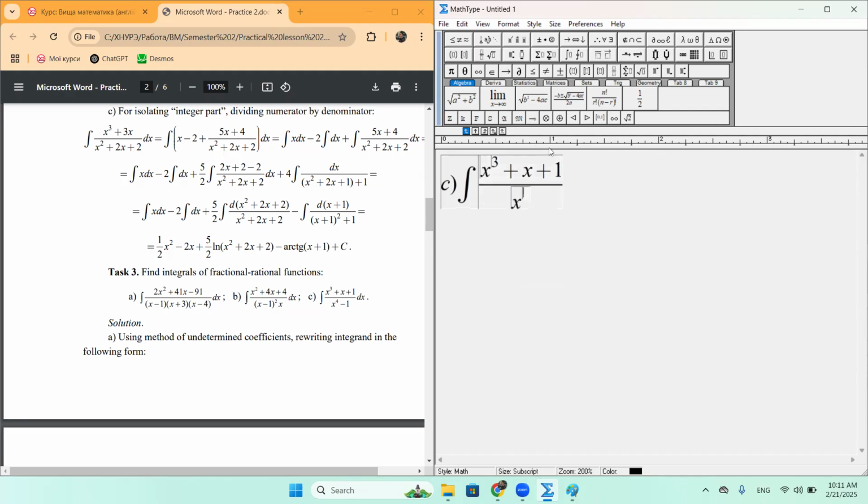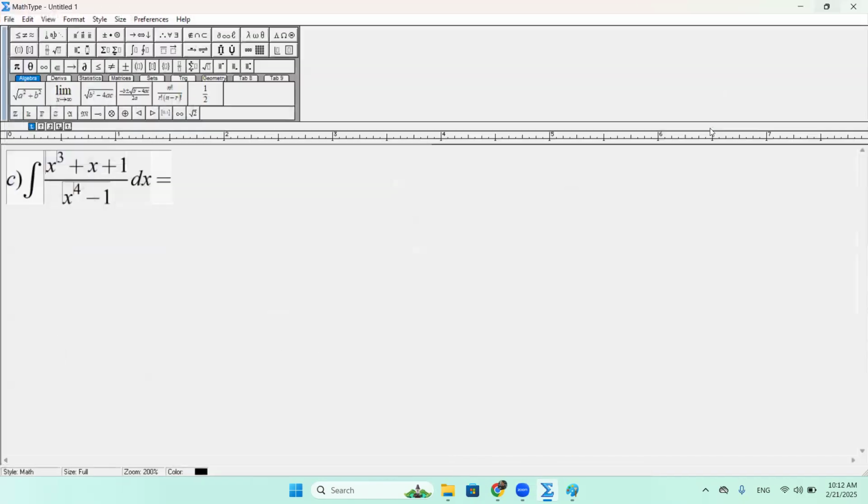So the integral of 1 over x in power of 4 minus 1 dx. First of all, what do we have to do? First of all, we need to factorize the integrand, so we need to factorize the denominator. And how can it be factorized? So x squared plus 1, and x squared minus 1. But x squared minus 1 also can be